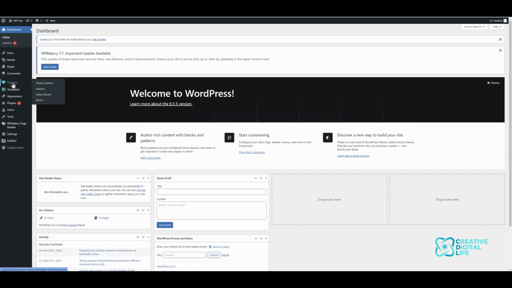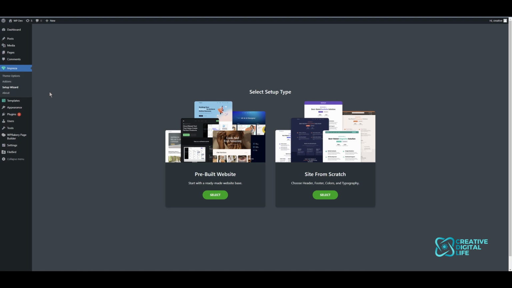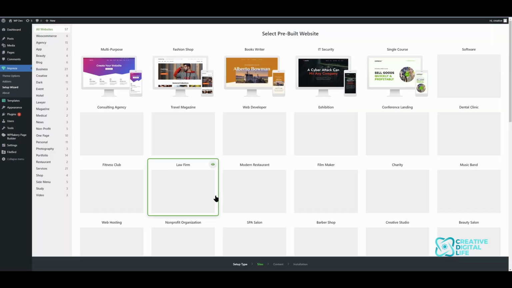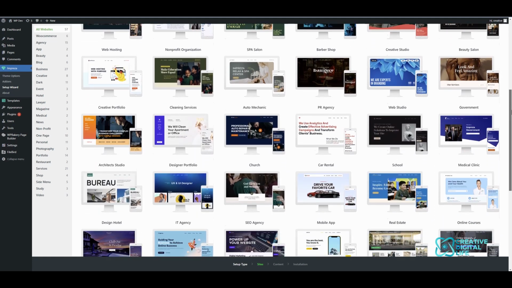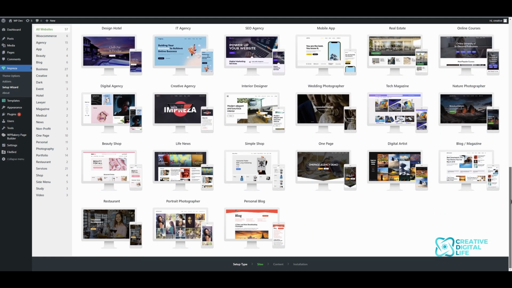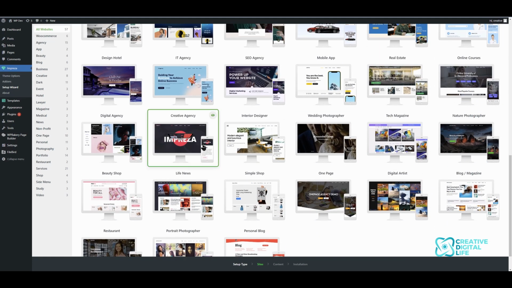Within Impreza you can click on Setup Wizard. This is if you want to build your website from scratch. So you can either select from a pre-built template, so I'll just show you what they are. So you click on templates, and these are all of the templates that you can choose from. And if you like the look of one, you think, oh, that one looks alright, you can hover over it, click on the little eye,